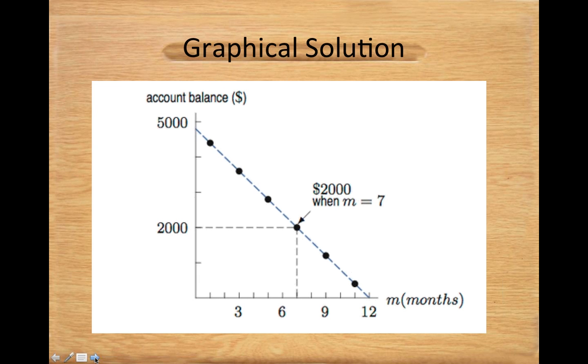Being able to state that, okay, I can do things numerically. I could have started this problem with a table. I didn't have to go right to the algebraic. I could have done it with a table, saying that, okay, after 1 month I would have this, after 2 months I would have this, after 3 months, graphing it, and then stating, okay, now let's do it for general. How many months before I have no money? So therefore, looking at this and stating that I can go from the numerical to the graphical to the algebraic,